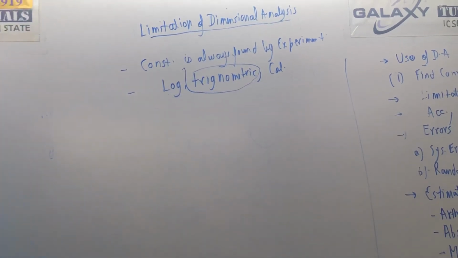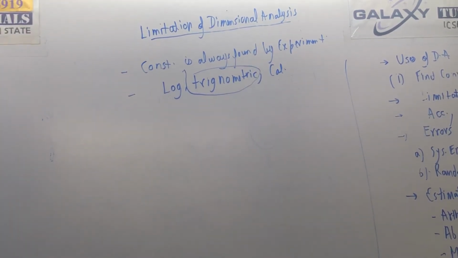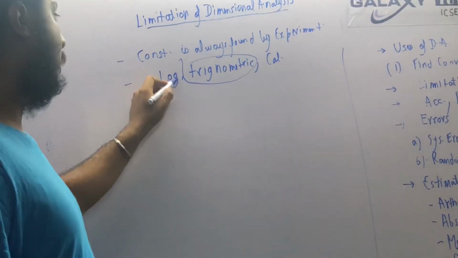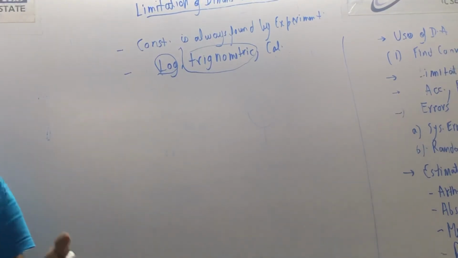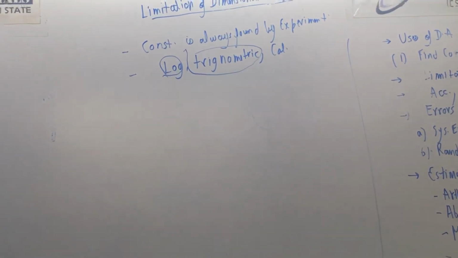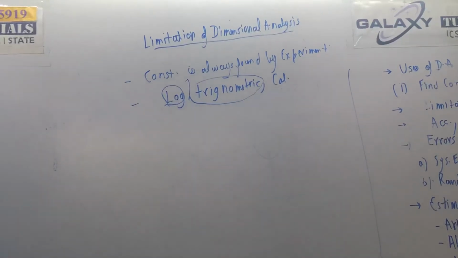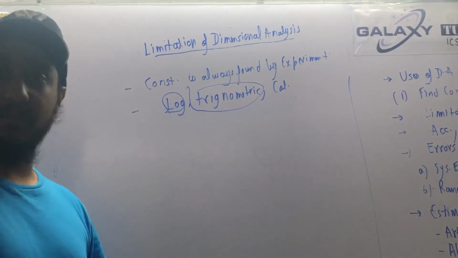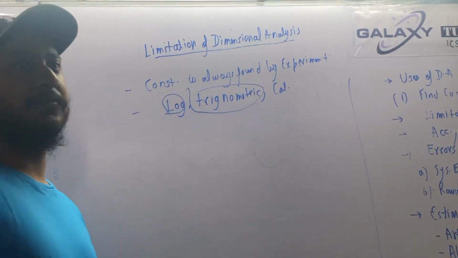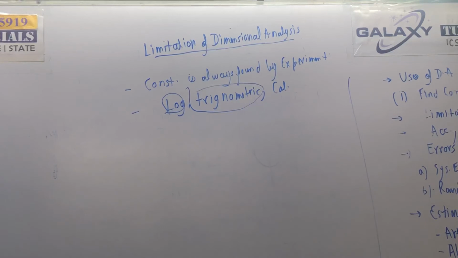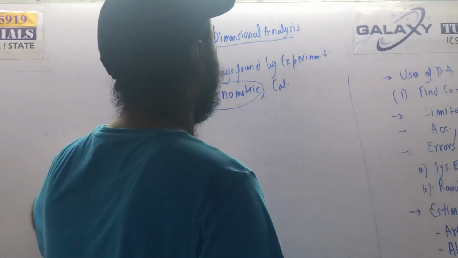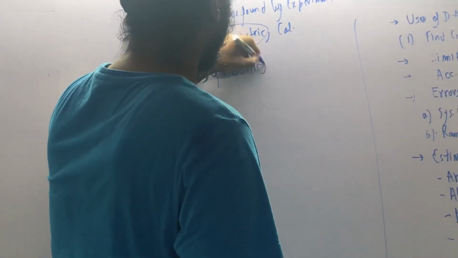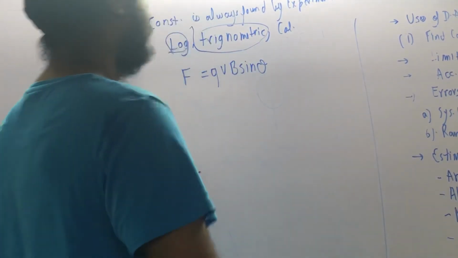If you find sine theta, is there a unit of sine theta? If there is a value of sine theta, say it is 0.5, is there a unit after 0.5? No, okay. If you find the log of some number, like log 2 or anything, you know the value, so there is no unit after the value. Because in some formulas these trigonometric ratios can be in use, like there can be many cases, like QVB sin theta, okay.